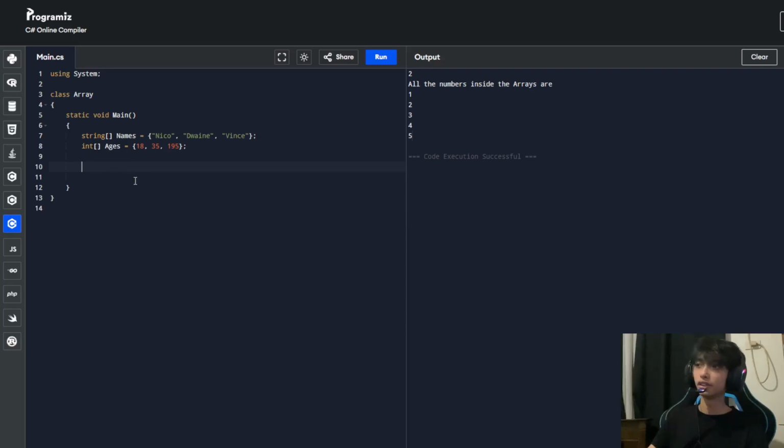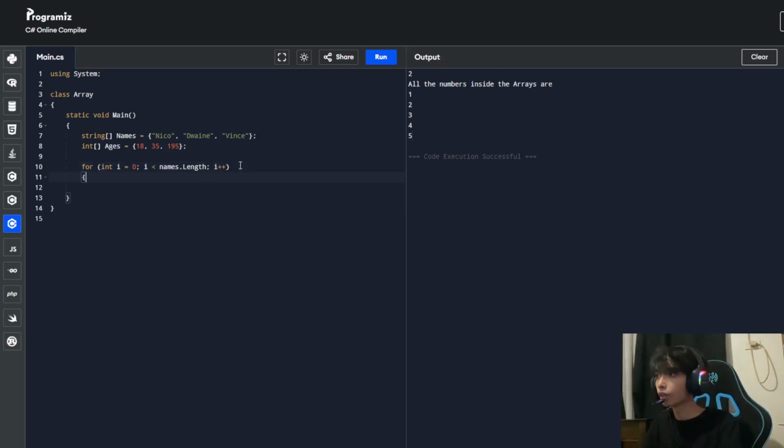Okay. Now to call on these strings and integers, let's create a method. So for int i equals 0, so the starting point, and then i less than names dot length, and then i plus plus. Alright, now inside this we can put console dot write line names, wait, it needs to be capital. Names i, then plus